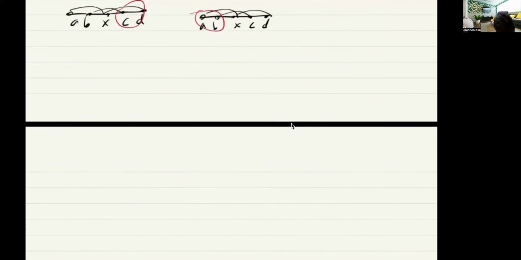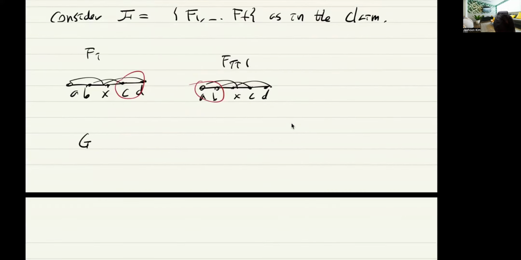Like you consider the graph G and you delete the vertices in all of them. And so